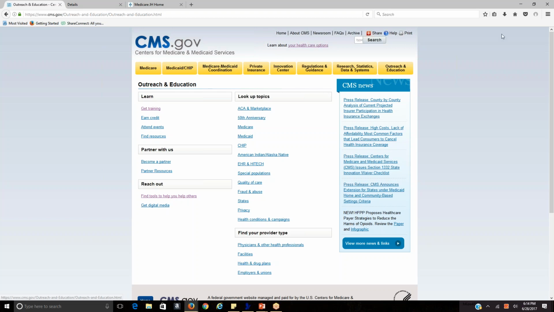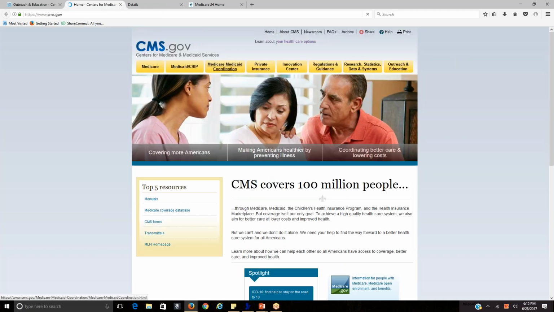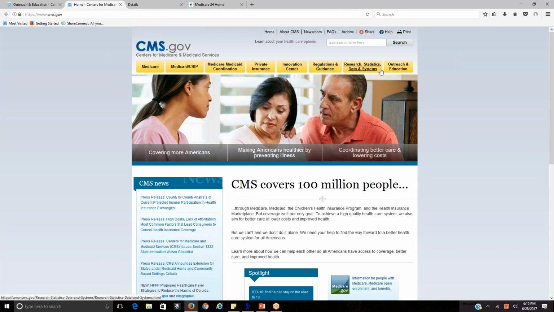And so if you go to this www.cms.gov website, from there you're going to reach the cms.gov home page. Okay, and let me go back to the home page for you so that I can take you there with me. So here's the cms.gov website, and then you have the orange boxes across the top. The very last one to the far right is called Outreach and Education. If you were to click on that,